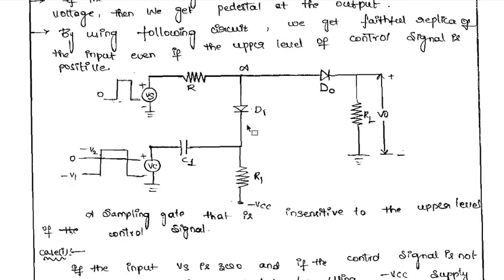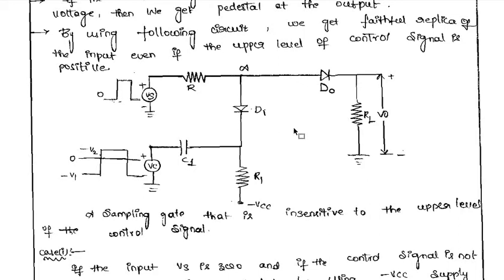So your diode is in on condition and your voltage will be going from this particular part, which will be connected to the cathode, and at this particular point A, the output will be a negative value. Now this is the first part, right? Now the resultant voltage at the point A is negative. The value of this voltage makes the diode D0 positive. That means it will be making the diode in the off state.